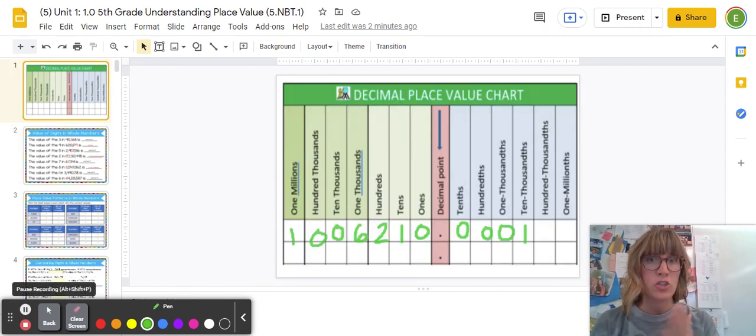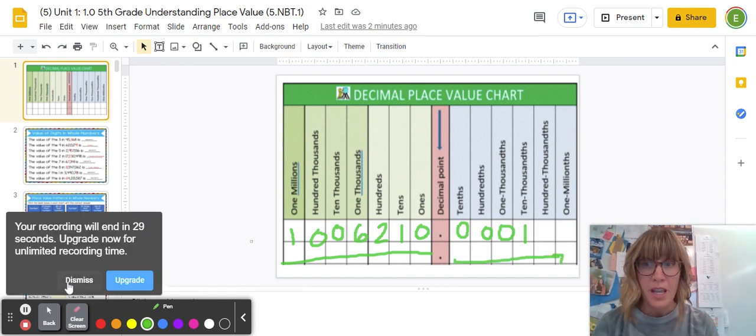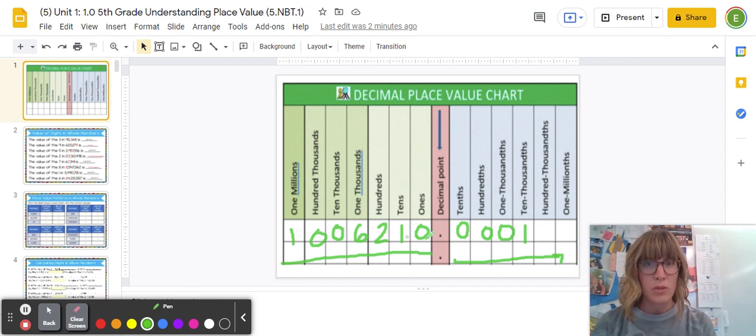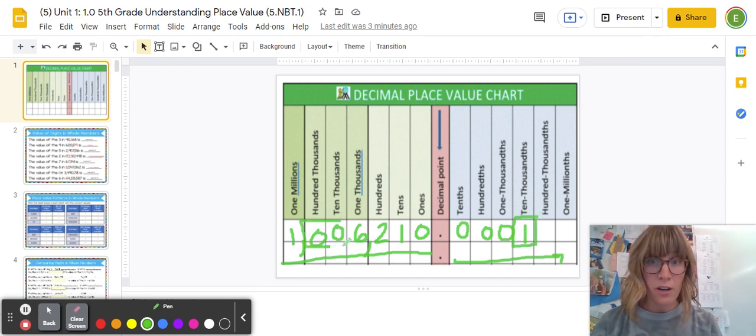And the final clarification here is just remember that a 0 can hold value so long as there is a digit kind of in front of it if we're working on the left side of the decimal point in the whole numbers, or if we're working to the right side in the decimals. And just remember that this number here is read as ones, tens, hundreds, comma, thousands, 1,000,000, nothing, 6,210, and 10,000th, right? So these zeros here are important because there is a digit of value behind them. These zeros here are important